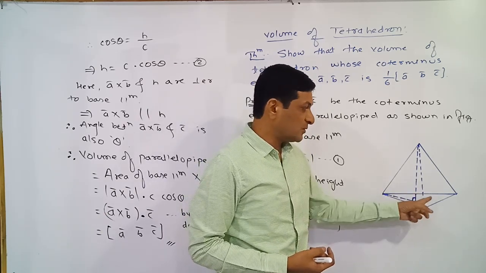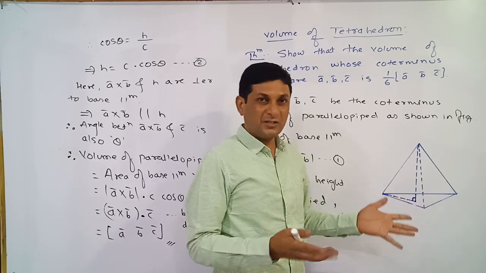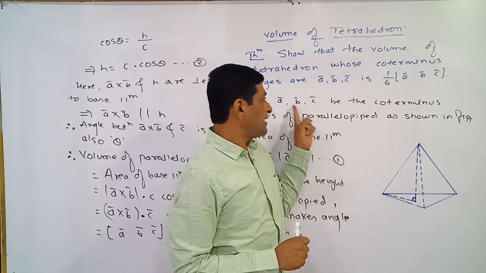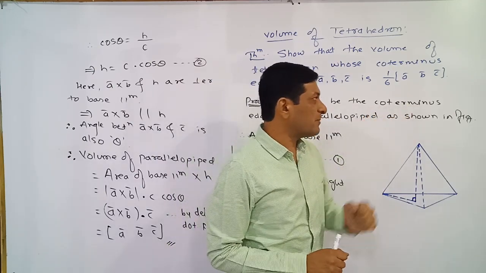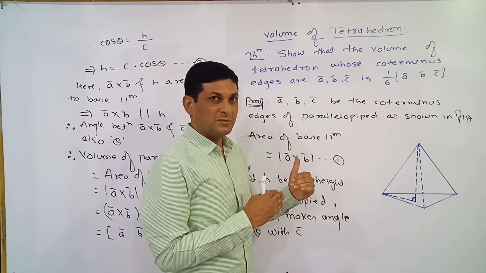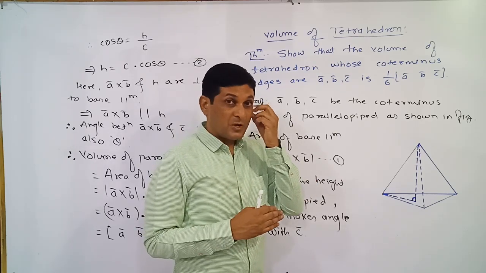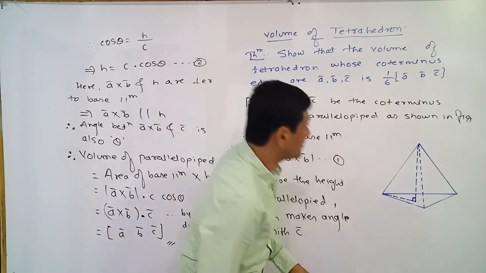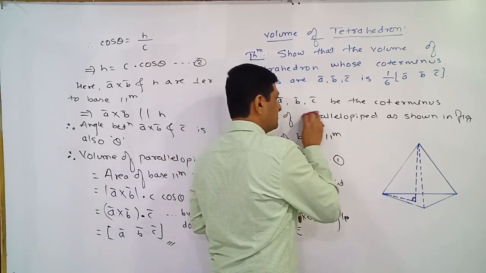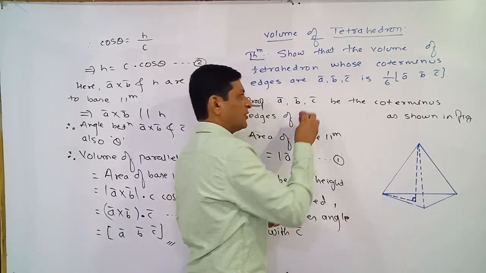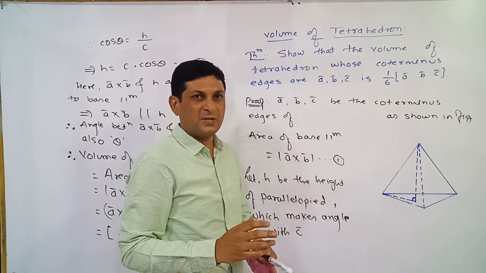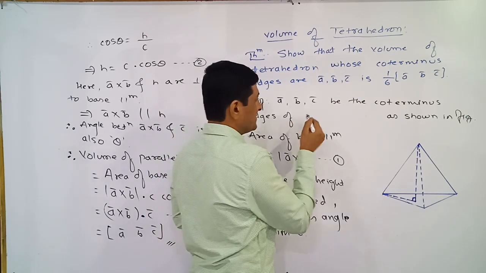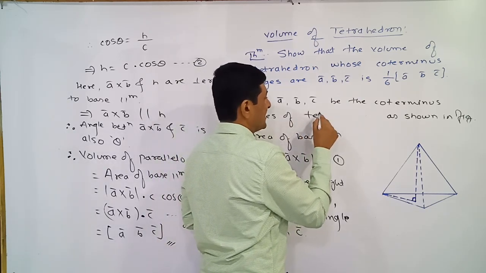So already you have seen the pyramid of Egypt. Its base is also like a triangle, and all the faces are like what? Triangle. So now here also this A bar, B bar, C bar represent coterminous edges of, in the last theorem we have seen the volume, we have proved the formula to find out the volume of a parallelepiped. Here we are going to prove the volume of what? Tetrahedron. Just simply replace the parallelepiped, what? Tetrahedron. The proof will be near about the same. So here I am just replacing parallelepiped by tetrahedron.